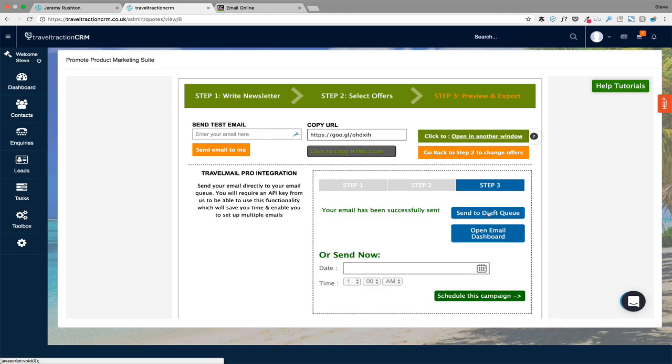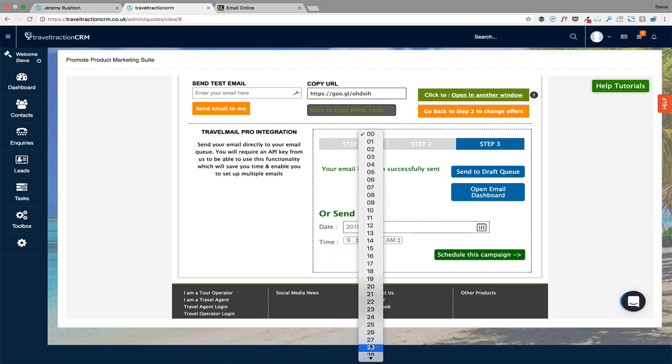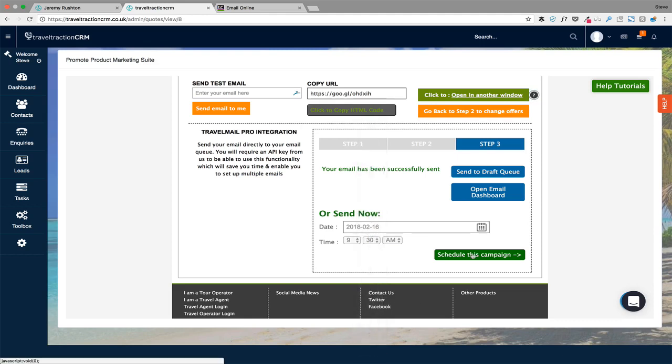I can just send it there and leave it there, and I can then open the email dashboard, or actually I can then send it now. So I can say, actually I want to send it tomorrow, and I'm going to send it at 9:30 in the morning. There we are. Let's just set that for 9:30 in the morning, and I can schedule a campaign. If I schedule that campaign,